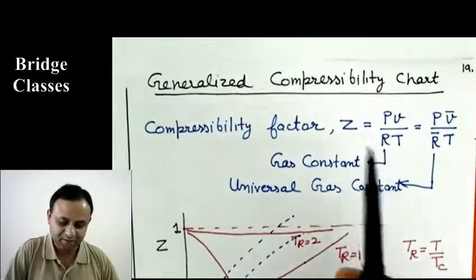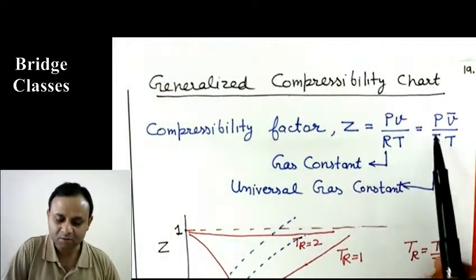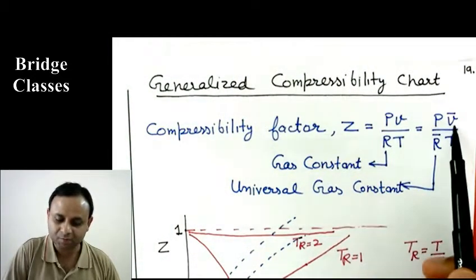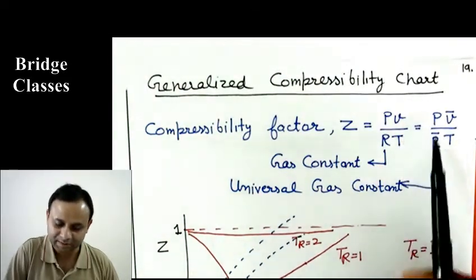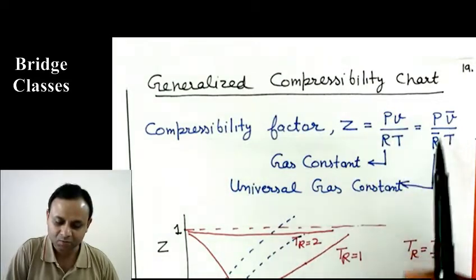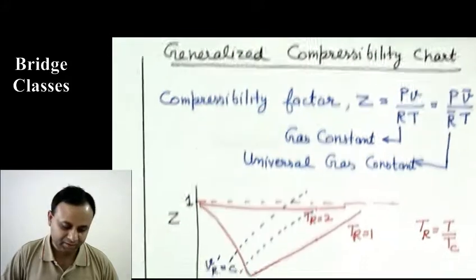So if we define compressibility factor Z in this way, PV over RT, or PV bar over R bar T, now volume is per mole and R is also per mole. This is the universal gas constant. So they are equal actually. Both are per kilogram or both are per mole. So if we define it in this way for a gas, and if we plot,